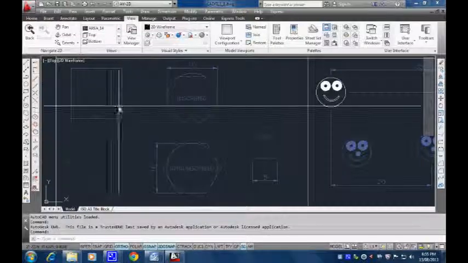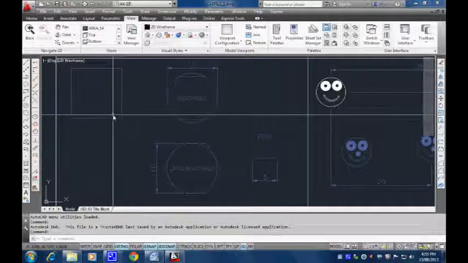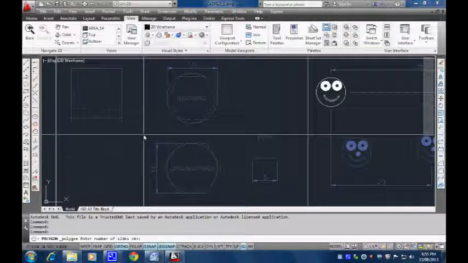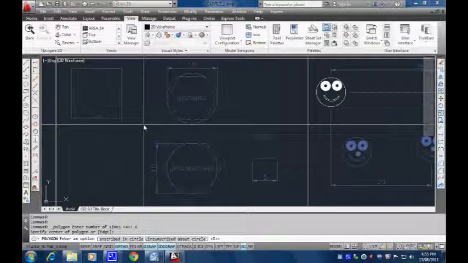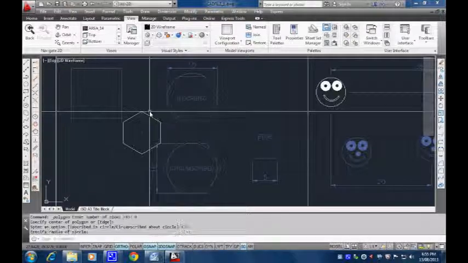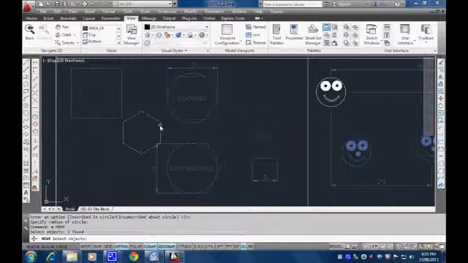What he's trying to get you to do is basically, if I do a polygon, let's just do a quick one somewhere around here. 6 sides, let's go with 6 sides. Let's just click it somewhere for the center, and inscribe, it doesn't really matter. So it tries to get you to do something like that. And if I just move this out of the way,